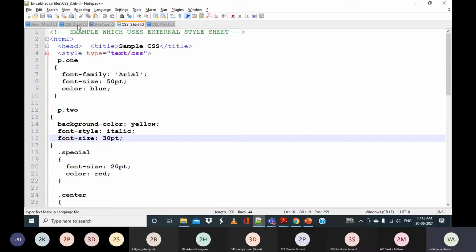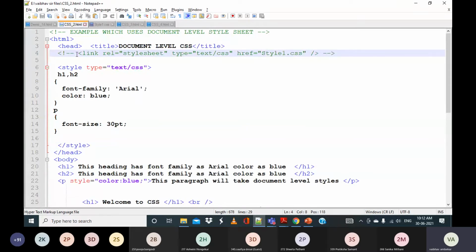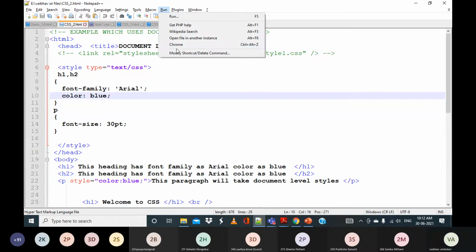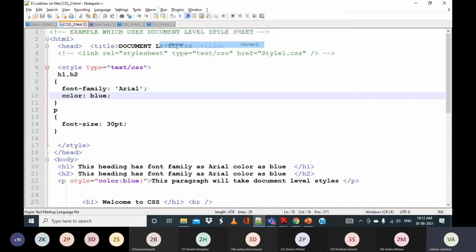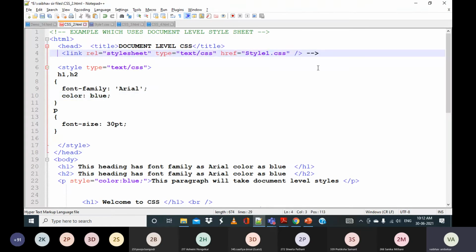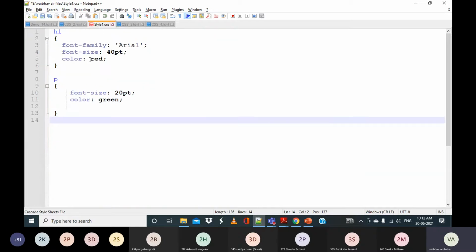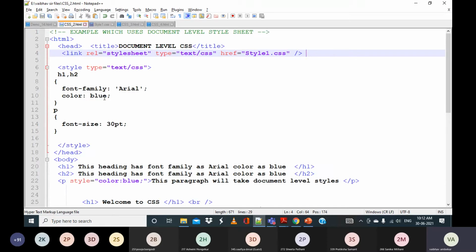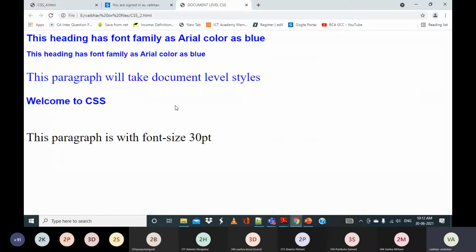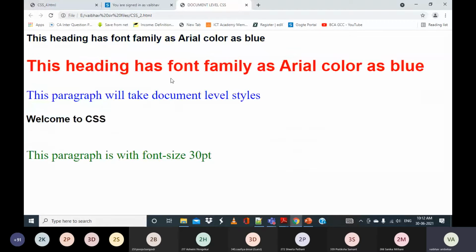So if we go back to the same example that we have discussed, I will just open this and run it. Okay, so this we have all discussed. If I open this particular link tag and observe the changes, we have used style1.css, and here we have h1 and p, and for this the color is red. Here we have color as blue. So if I remove this, I'm just having a recap so that you can understand it. If we remove this and now run this, there will be a change.